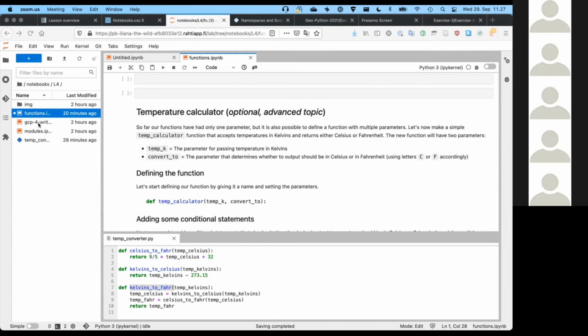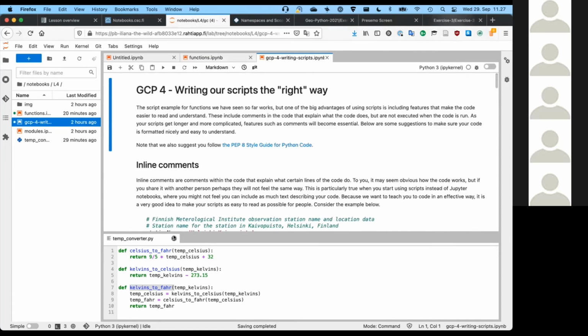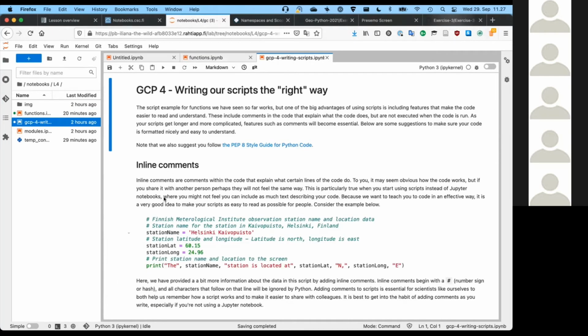and I'm just going to now cover our last couple of things for today's lesson. One of them is we do have a good coding practice for this week. I'm going to get rid of that temp converter for now. The good coding practice for this week relates to script files and writing our scripts in the quote unquote right way. The right way in this case is basically just a few tips for how to make your script easy to read